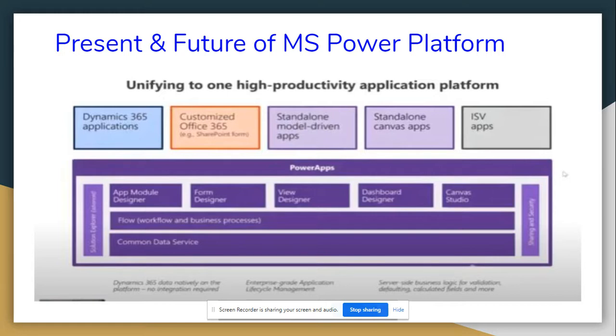ISV apps is nothing but independent service vendors. Like I already said, some companies will have their own websites. They want to integrate into the Microsoft D365 structure. So that facility also Microsoft is providing to the customer. Okay,